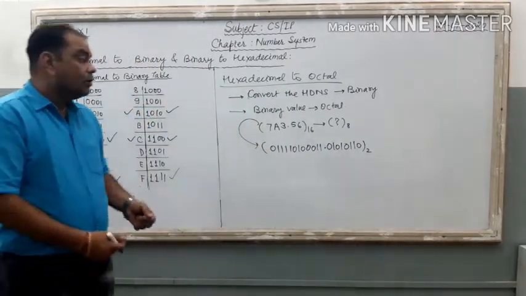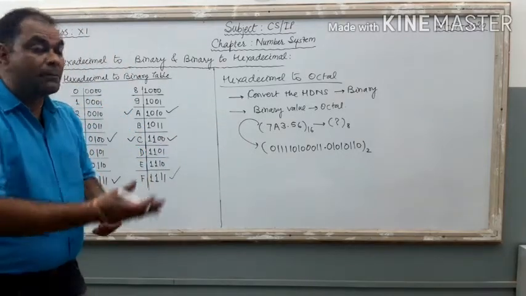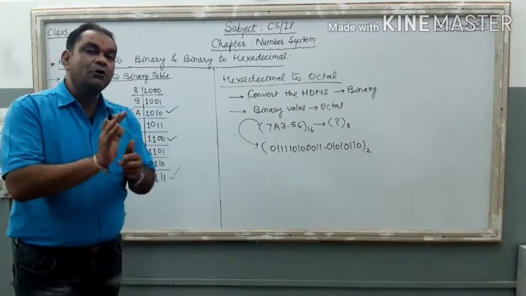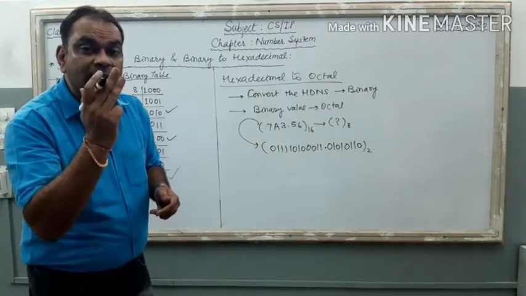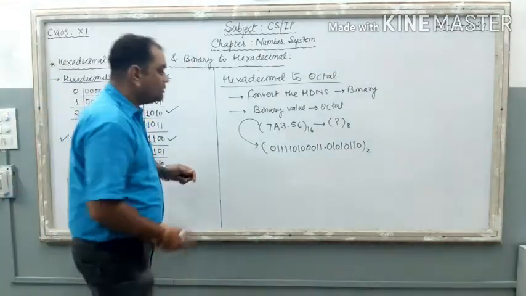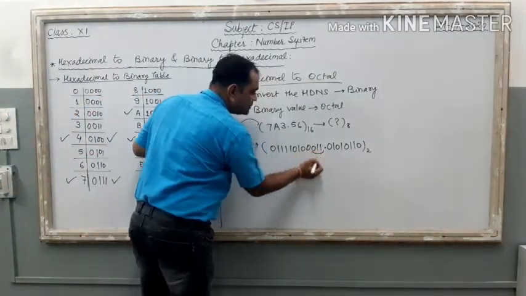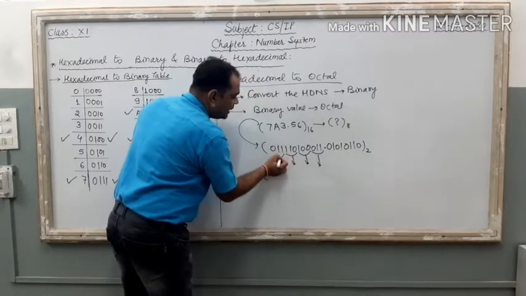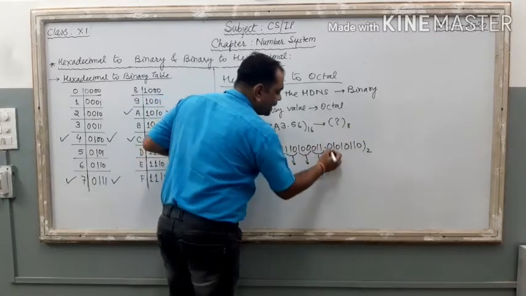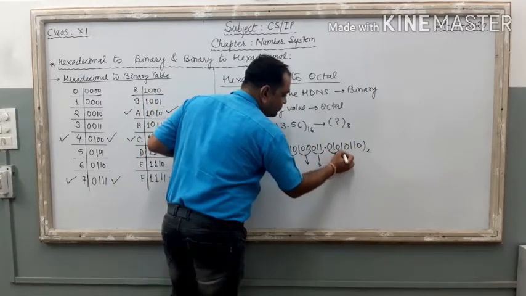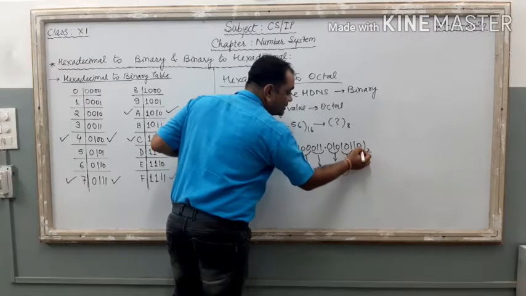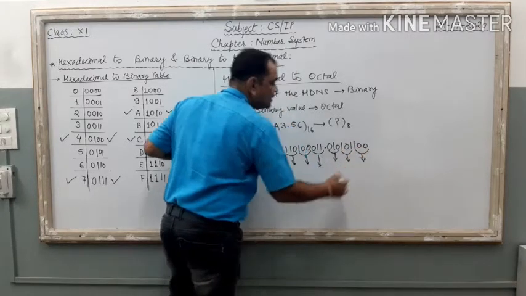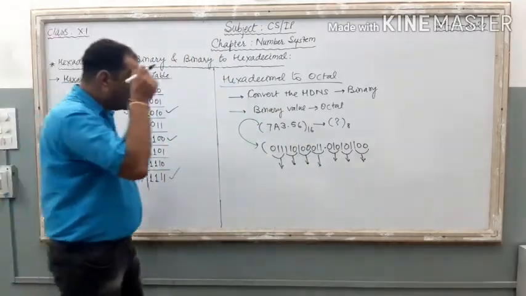Clear? Now this binary number should further be converted into octal, and in the octal number we are going to create groups of 3 binary digits. Remember? So here the very first group, this one, the second group, this one, the third group, this one, and the fourth group, this one. Now from the fractional part, it is the first group, it is the second group, and 10. Only 2 digits are there. Just put 0 from your side and it is the third group.